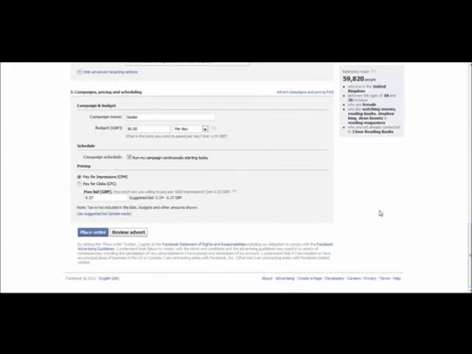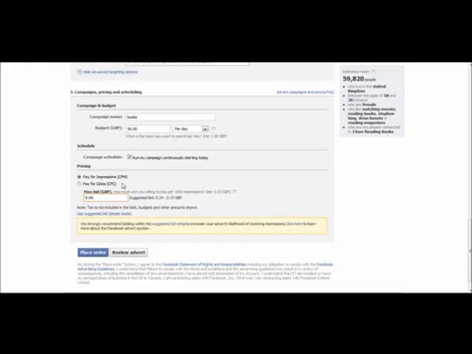So you can go ahead and place the order, and once it goes live, you can check your bid and how much each impression is costing you, and then you can decrease your bid to something like 0.06, 0.07, and that's what I've been doing for a long time, really, in order for me to get these cheap clicks.